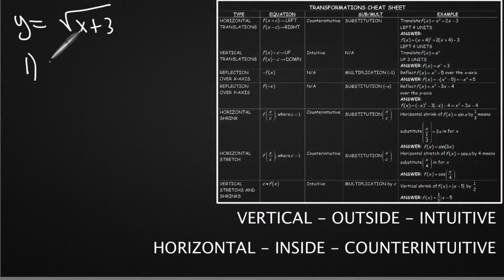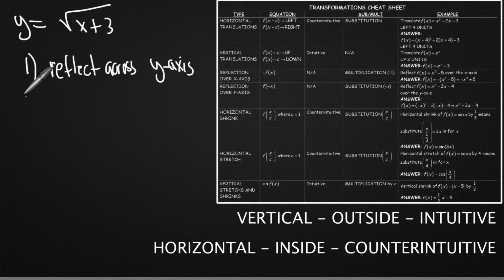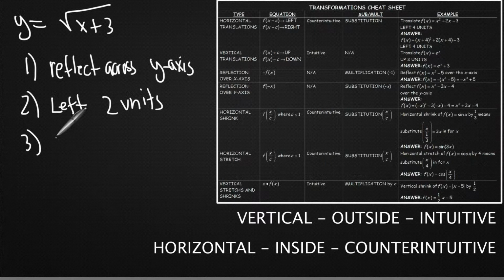Let's say we want to, no, you know what? Tell you what, we will first reflect it across the y-axis. Then we'll shift it left 2 units. And then we're going to, let's say we will horizontally stretch